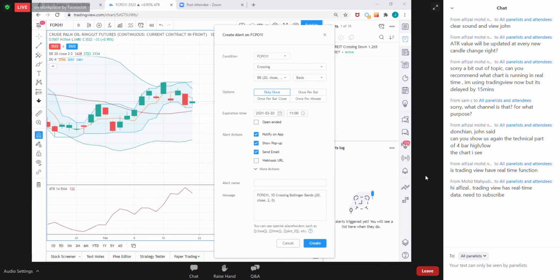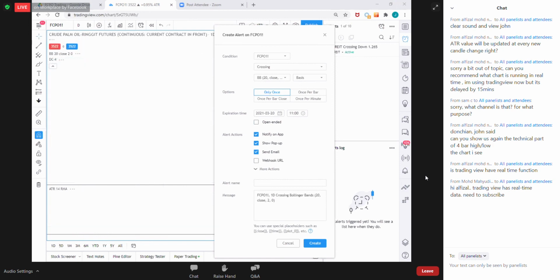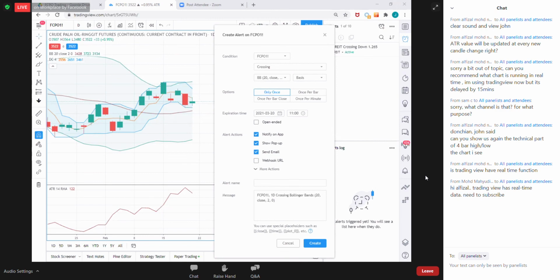Calvin, you can definitely do paper trading in TradingView in QST or AES for demo. So the answer of what time frame to use depends on the capital, depends on the market volatility that we mentioned earlier. Yes, TradingView will have real-time data. Like myself, I'm a subscriber user, so I pay $1 per month for Bursa real time.